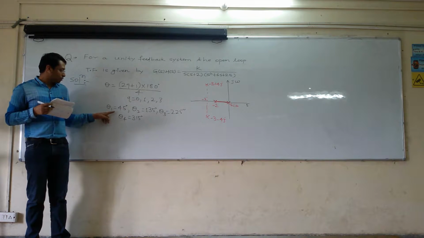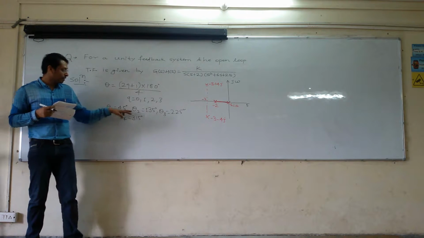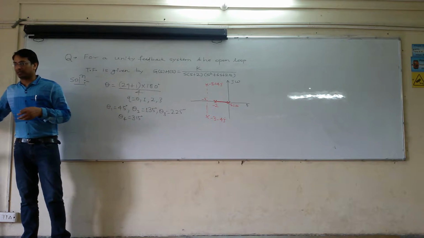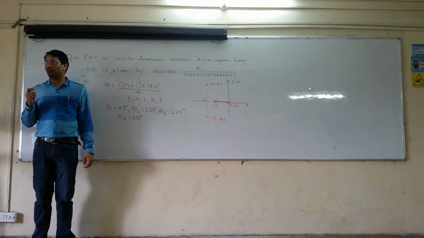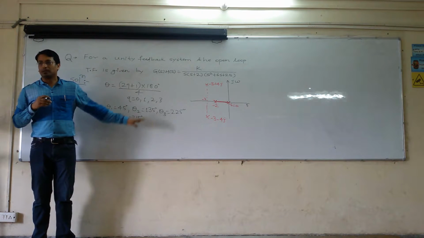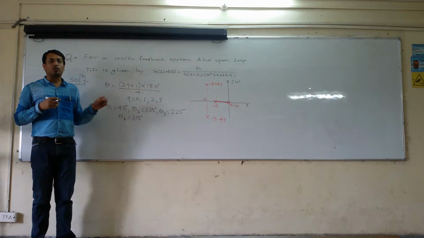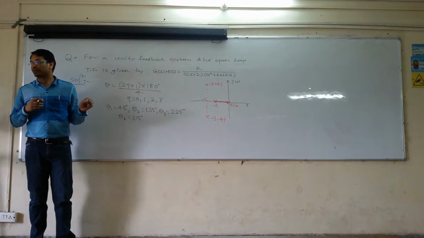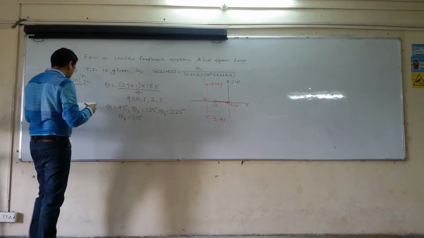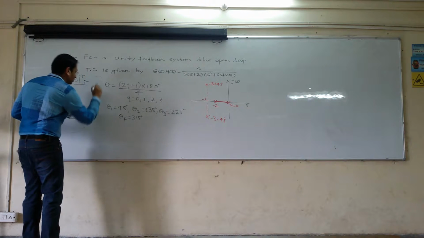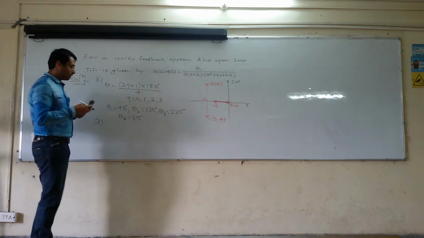Okay. So we know these straight lines. These are the straight lines. Because if you know the theta, you will be able to know the slope of this particular straight line. But the problem is that we don't know the point from which point of the real axis they are going to pass or they are going to intersect each other. So for this, next step will be the calculation of centroid. What will be the centroid? Calculation of centroid. You have to write like this. This one your second step, this one your third step. You have to write like this, calculation of centroid.